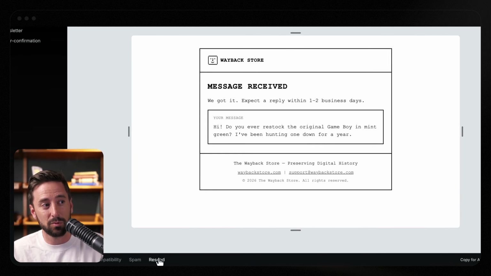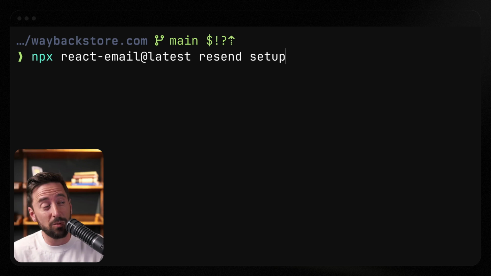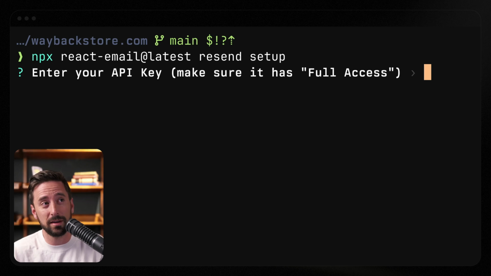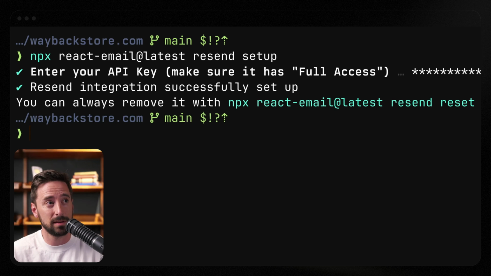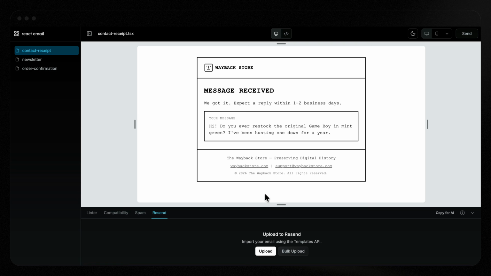Now you'll notice there's a little Resend tab down this way. And if I use npx react-email@latest resend setup, it'll prompt me to add an API key. Now this API key will be stored locally and securely on my machine, and I can use it to upload this or multiple templates at the same time to my own Resend account. So here in my terminal, I'll run that command and then it asks for an API key. I already have one on my clipboard, so I'll paste this in, which now means I can use this to upload my template. So I'm just going to restart my React Email server, and now it will reload the page,